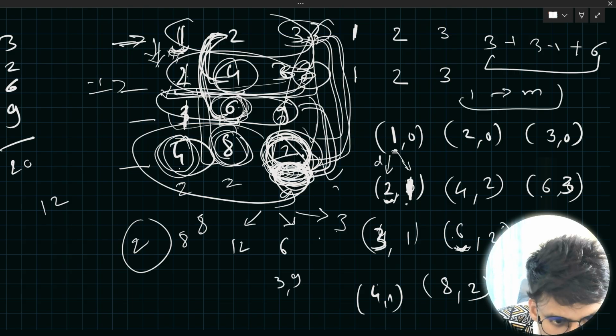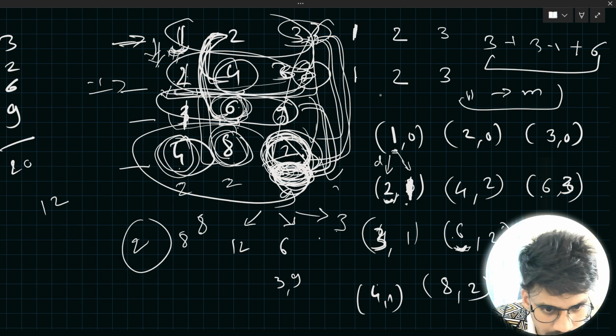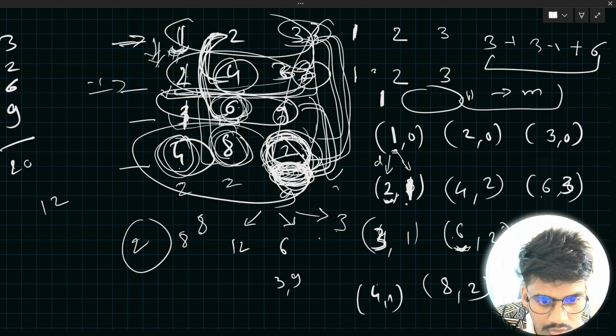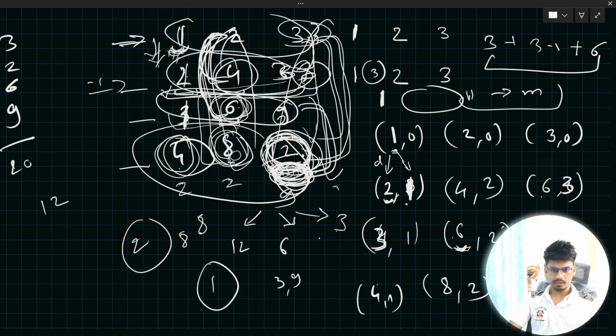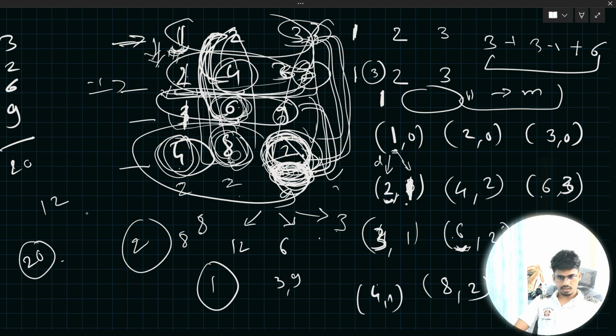Okay, so for the remaining operations, let's minimize this. Let's say I do this in one operation. Still I have 3 operations remaining. Similarly, I can take this 8 in one operation. So I have 20 now. 12 plus 8, 20. Still I have 2 operations remaining. Okay, for these 2 operations,